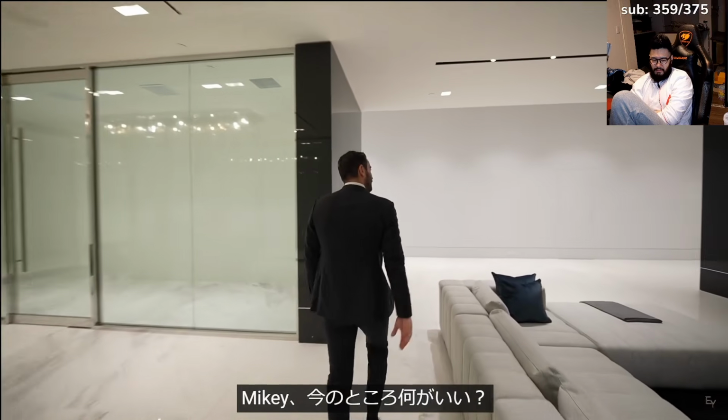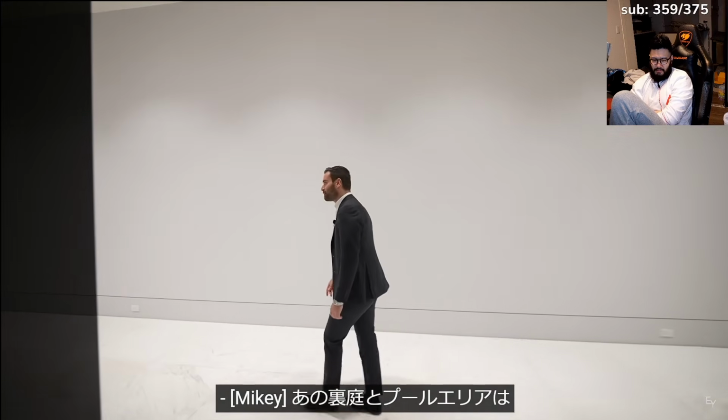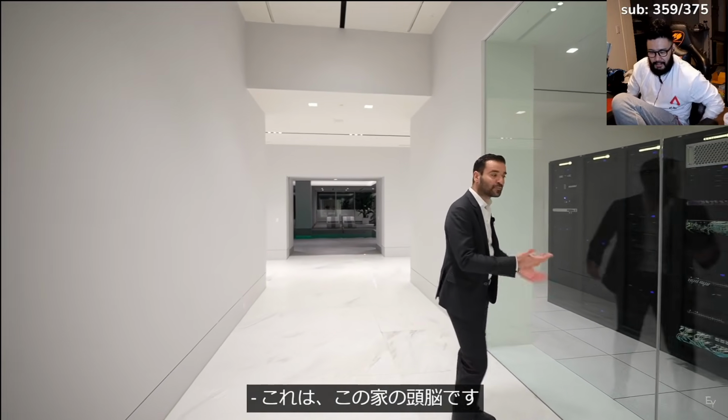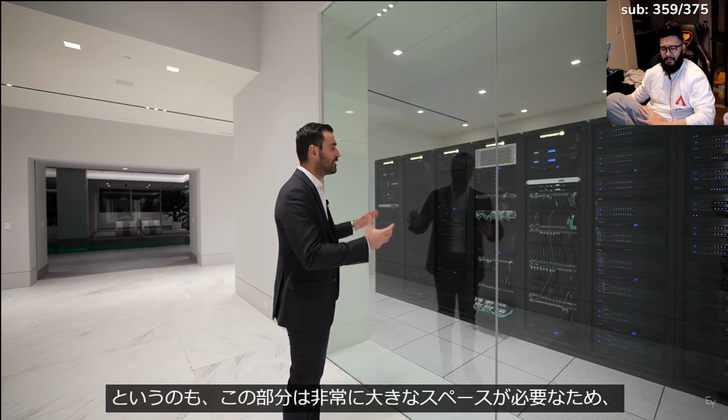Mikey, what do you like so far? It's hard to argue with that backyard. And that pool area, but I think what we're about to see is probably one of the coolest parts of the house. This is the brains of the house, and they spent so much money, and it takes so much space